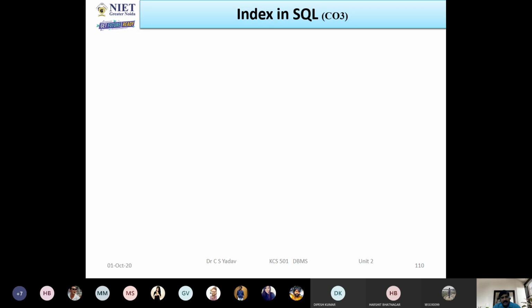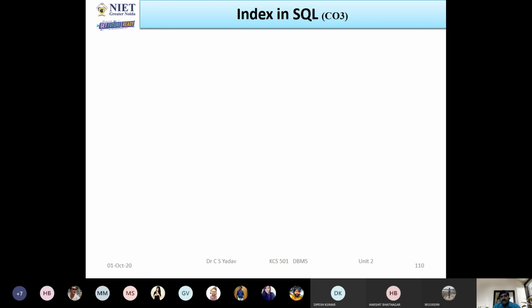Yesterday I have already explained about view and the types of views, updatable and non-updatable views. View is a virtual table or logical table which is based on a physical table.